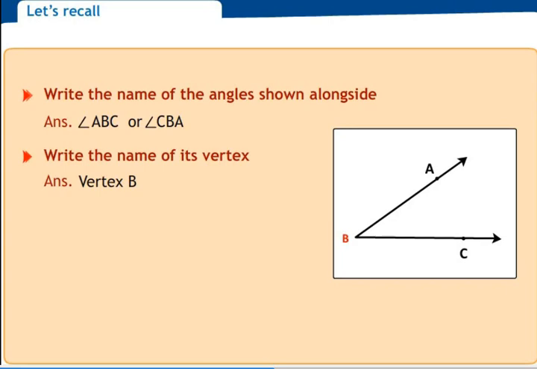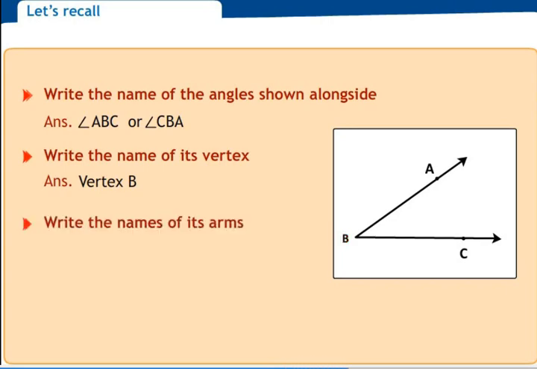Now children, these concepts are very easy, and we tend to write them very quickly because they are easy. You have to keep in mind, when you are writing the name of a vertex, either write vertex B or point B. For our syllabus, we will write vertex B. A single point is called a vertex, and when there are many, we call them vertices. The plural of vertex is vertices.